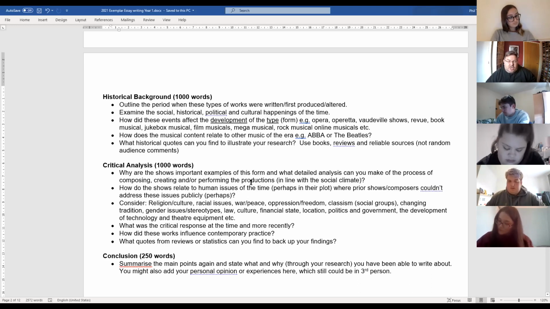As I said, the first one is also about how did they actually make the show. So if we're talking about Disney and Lion King, etc., how do they do the costumes with the animals? How do they use dance and movement to symbolize the animals? So all these different types of things you can think of. There's a whole list of things to consider, all the sorts of things we're discussing. Not all of those will work for every single show, of course, but some will.